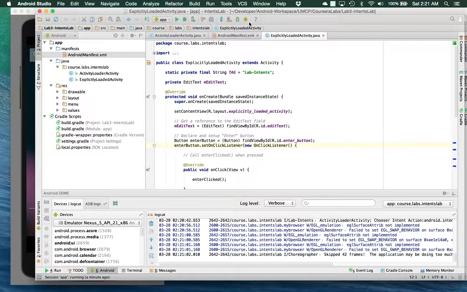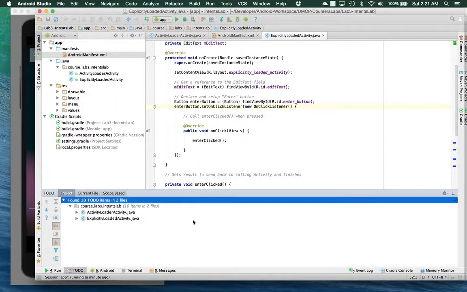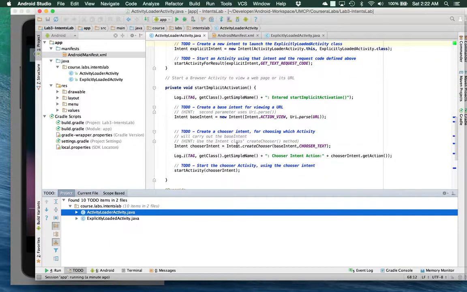All right, so I'm going to show first the project as is, how it worked on my lab. That's my Lab 3 Intents Lab, which has a loader activity and an explicit activity. Let's see the to-dos in this. So these are the to-dos in the loader activity, which are essentially the same,